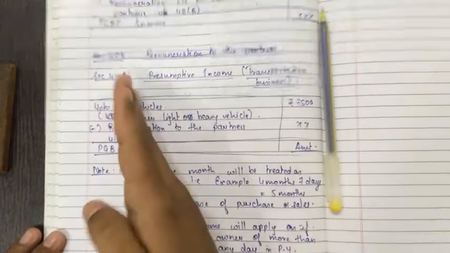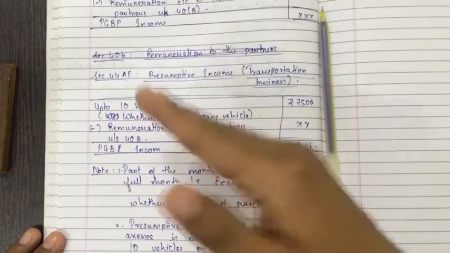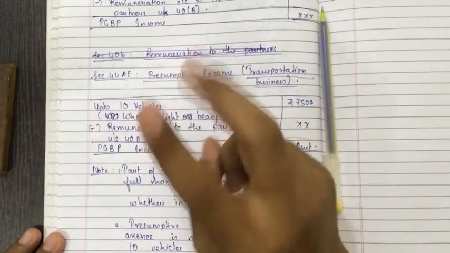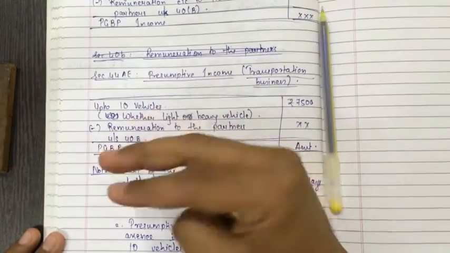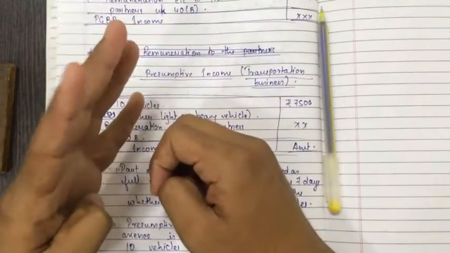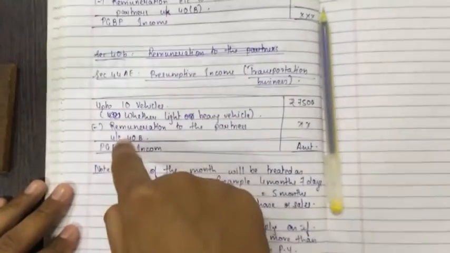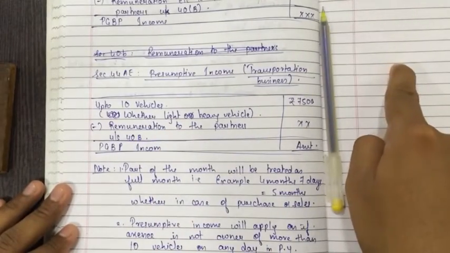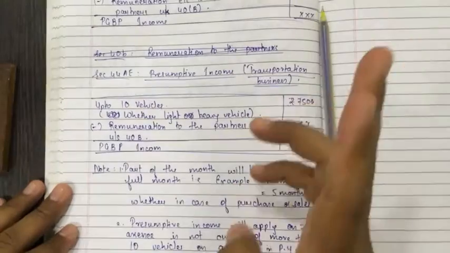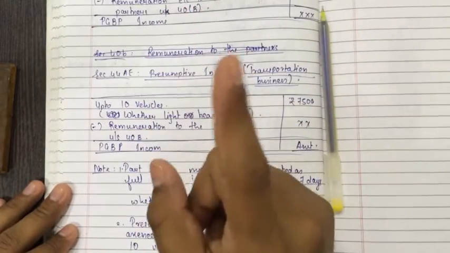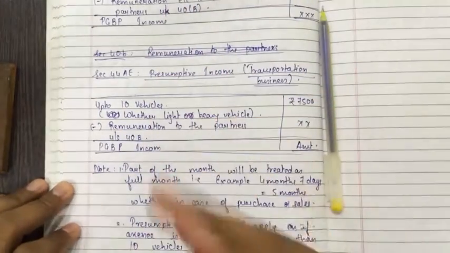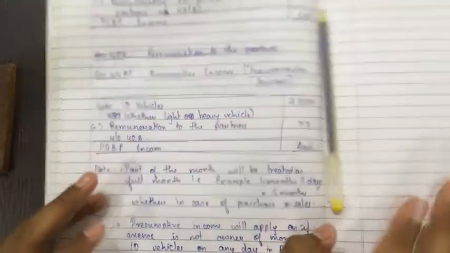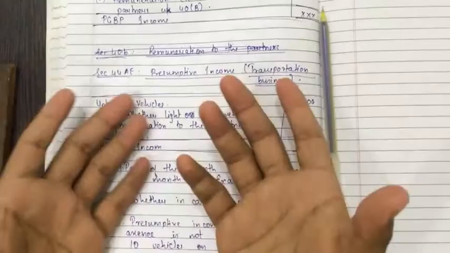Like if in April he has 2 vehicles and in May he purchased 2 more vehicles, in all, 4 vehicles came from April to the March year end. From April to year end there were 2 vehicles for the entire year. From May to the end of the year there were 2 more vehicles. So like that it will be calculated. You will understand it better when I solve a sum on this.